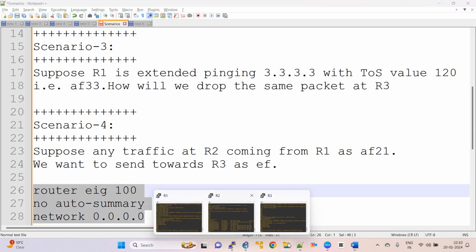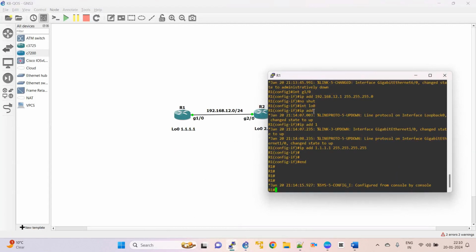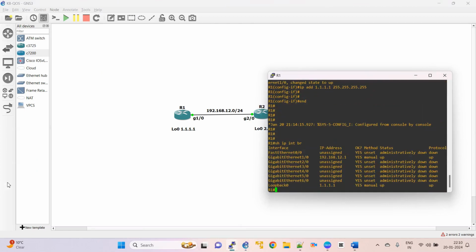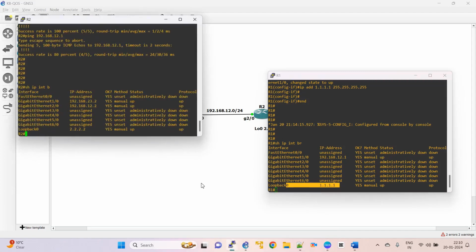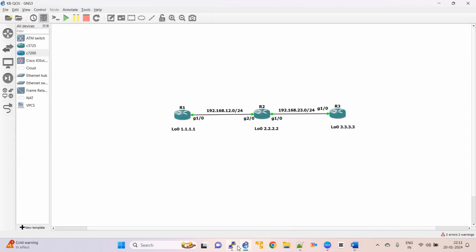So this is the topology as we discussed, and we already defined the interface IPs. So here we can see for G1/0 we are using 192.168.12.1, and this is the loopback for R1. And for R2, for G2/0 we are using 12.2, and for G1/0 we are using 23.2, and loopback 0 is 2.2.2.2. And for R3,